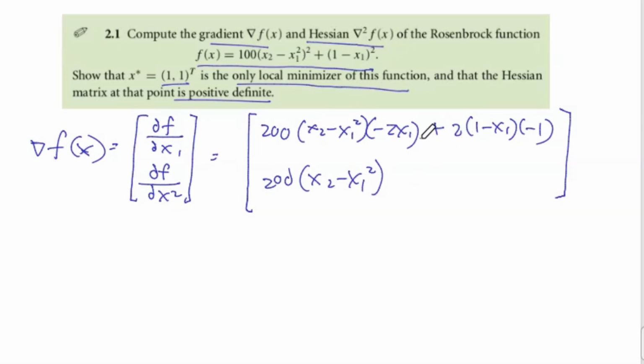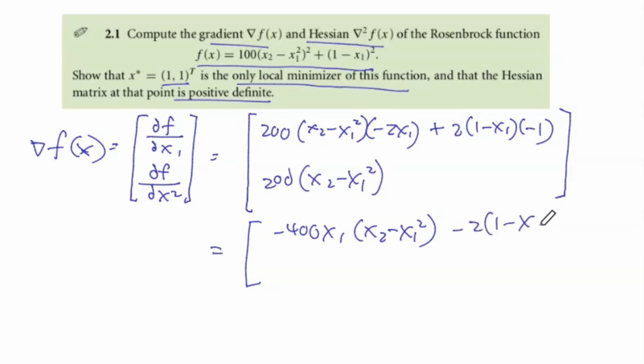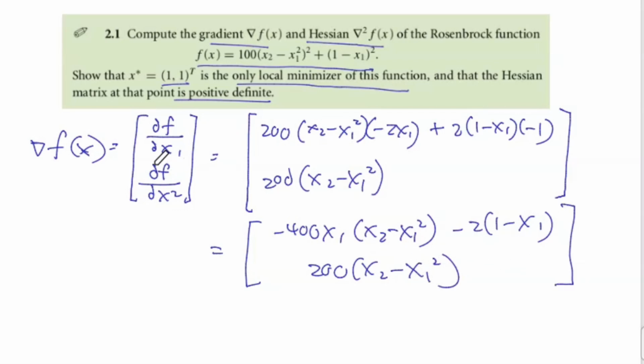So you need to simplify it. You simplify it, you get negative 400 s1 times (s2 minus s1 squared), minus 2 times (1 minus s1). And the second is 200 times (s2 minus s1 squared). So this is the gradient, and for the Hessian,